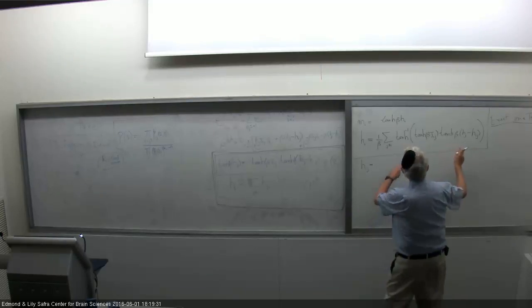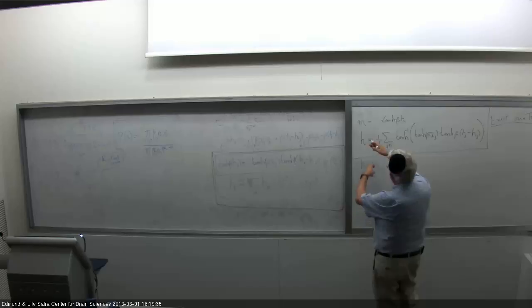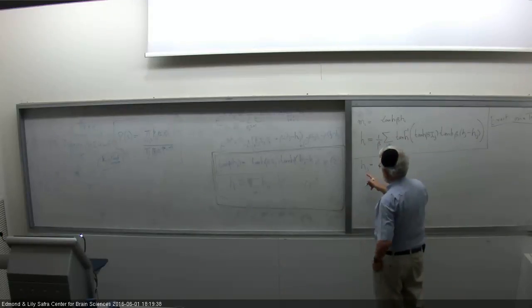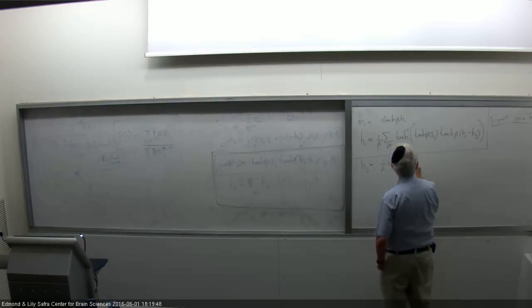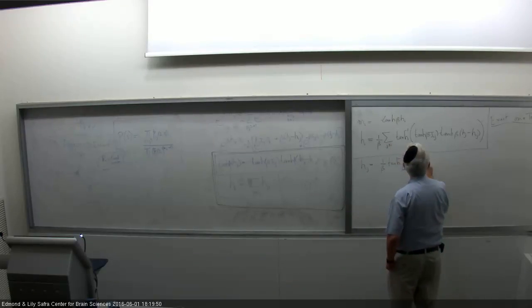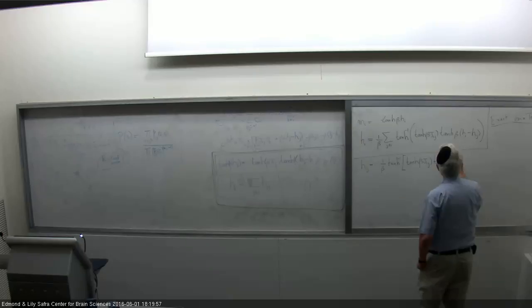So this is basically h_ji. So h_ij is what's written here: 1 over beta inverse hyperbolic tangent of hyperbolic tangent of beta J_ij times hyperbolic tangent of beta